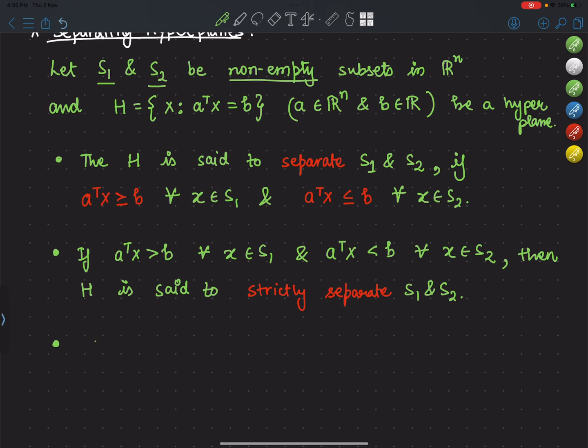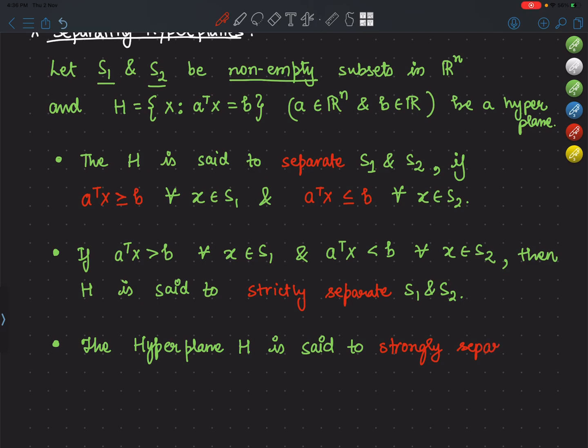The hyperplane H is said to strongly separate S1 and S2 if